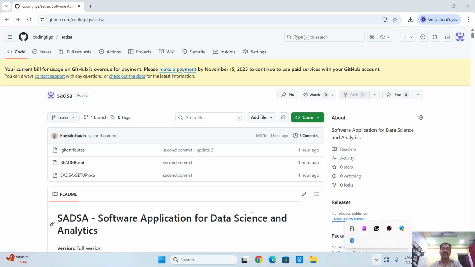I'm Dr. M. Kamakshaya. I'm an open source software evangelist and also an enterprise software architect and academic of data science analytics. Currently, I'm engaged with Geetham University, deemed to be university, where I teach